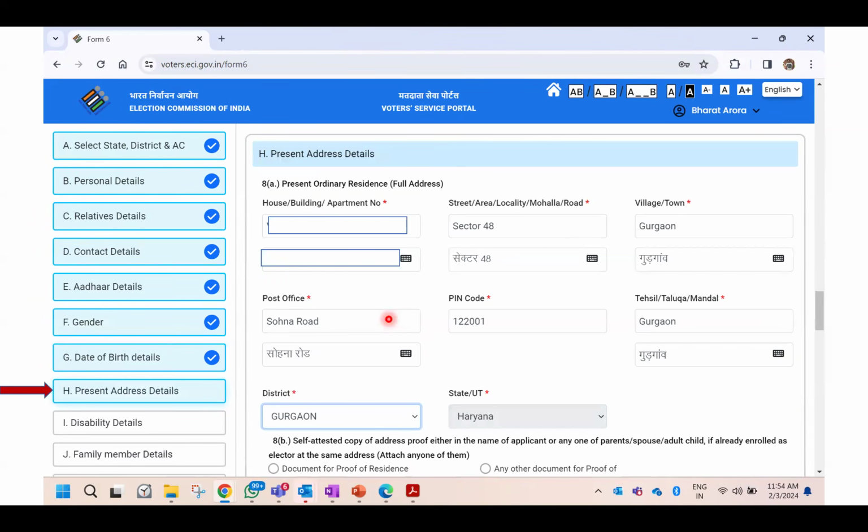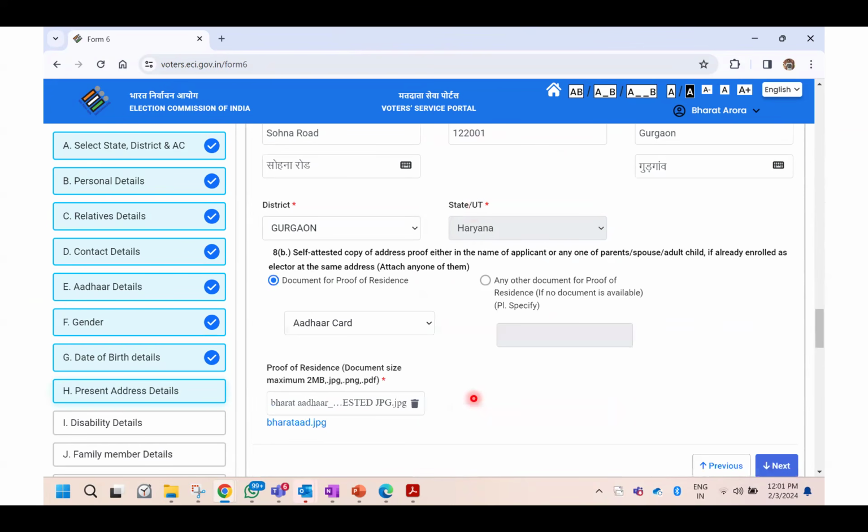Then is your present address details. Enter your current ordinary residence, which means where you are staying currently. Enter your entire address: house, building number, area, locality, city, state. Enter everything, and then move on to the next, which is